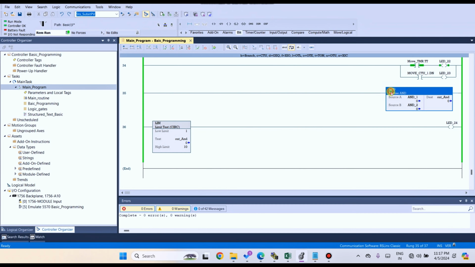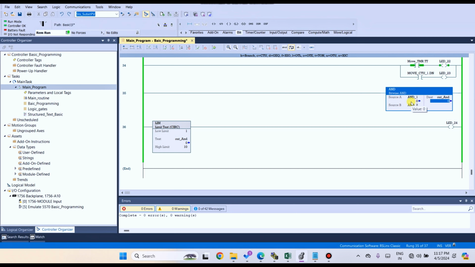We all already know what an AND gate is, so I won't discuss the AND gate basics, so as not to waste your time or ours. Let's see. In the initial condition, both source A and source B values are 0. If source A is 0 and source B is 1, the output will be 1.